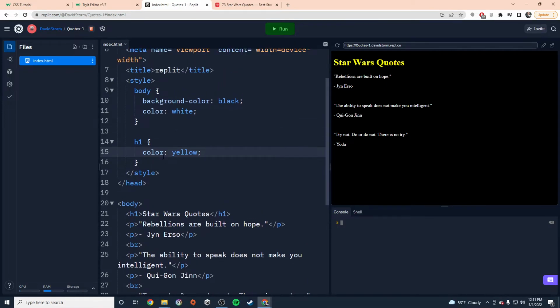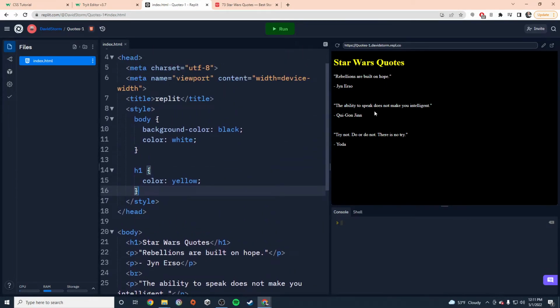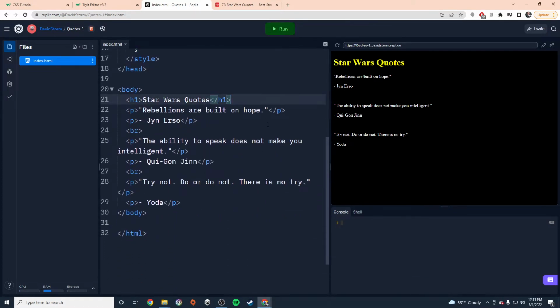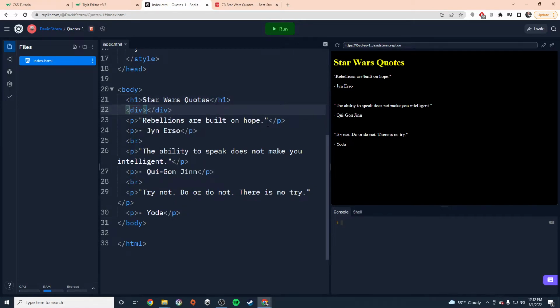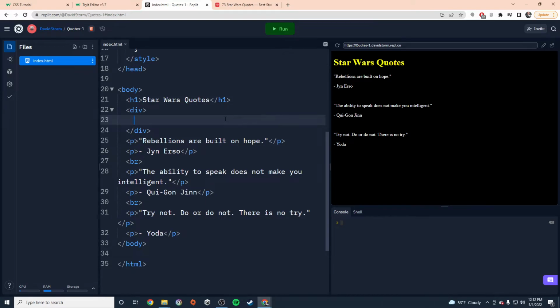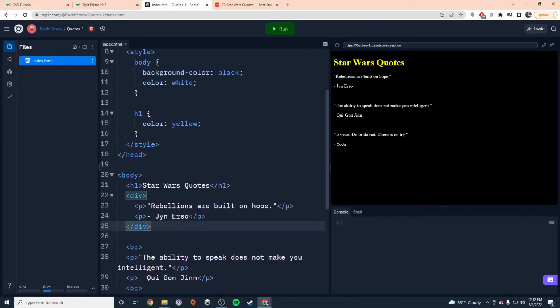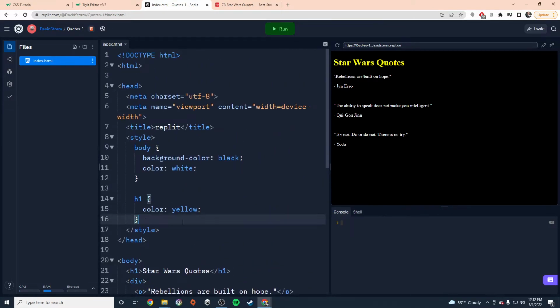Now let's see. What else should we do? Well, let's change the background color of... Oh, you know what we could do? We're going to do something a little bit more advanced. Not really advanced. We're going to create something new. A new element that we haven't talked about yet called a div. Divs are essentially containers. These containers will hold specific HTML elements for us and will easily allow us to apply some code to style those divs in a certain way. So for example, let's do this. I'm going to style my divs